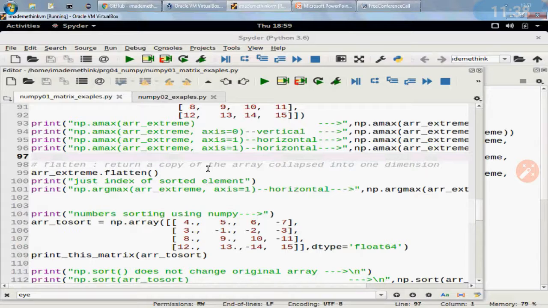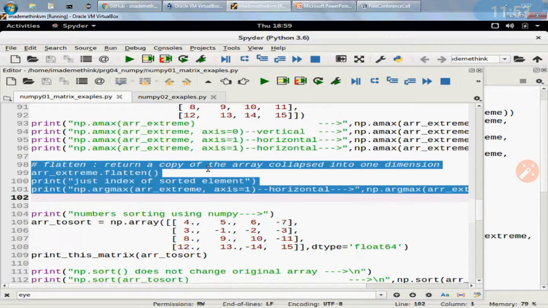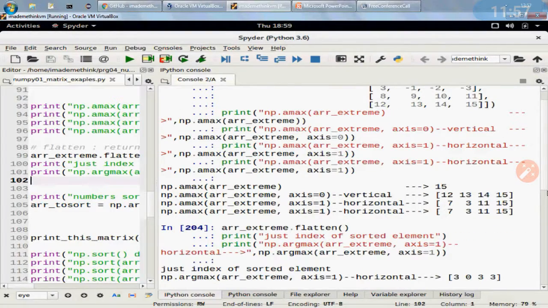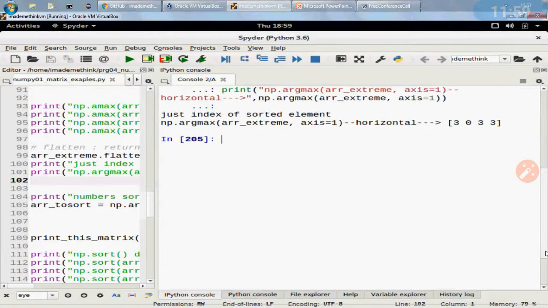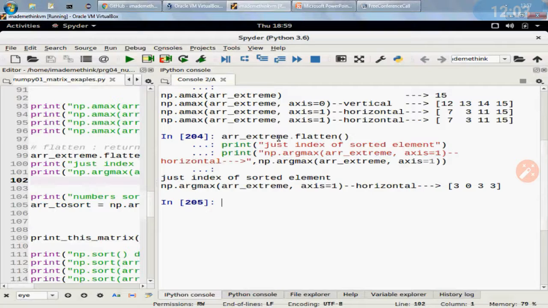So basically it returns a copy of the entire array collapsed into one dimension. So even if the array is 2D or 3D, flatten will convert it into a 1D array. So let's say I run this code, and see what happens. I have run the code, as I have called the flatten method. So now the 2D array is a 1D array, and then